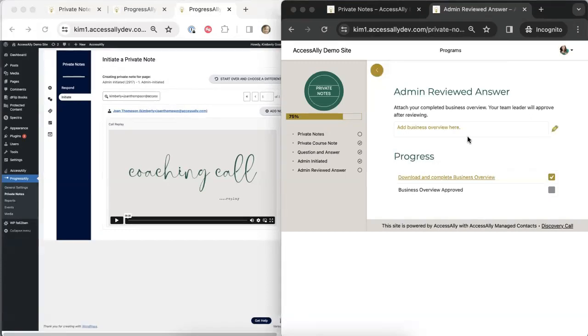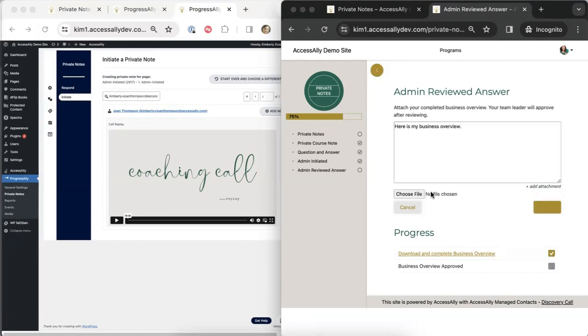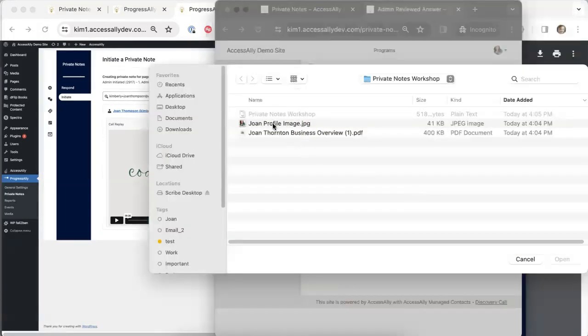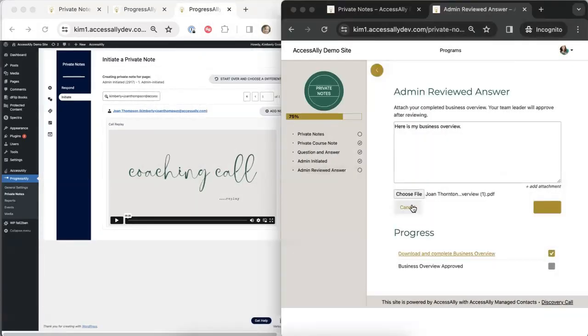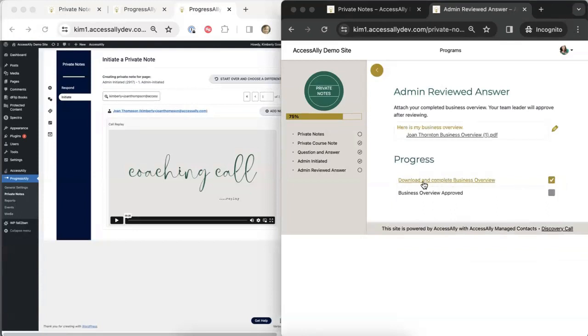So we're going to go ahead and add our note right here as Joan with her completed details from this PDF. So I'll go ahead and click the pencil, and I'm going to add an attachment, and this is where Joan is going to add her attached file of her completed business overview. Now I will click Save to send that in,